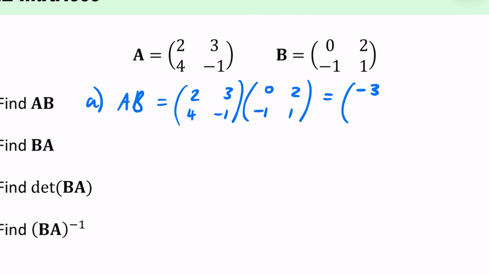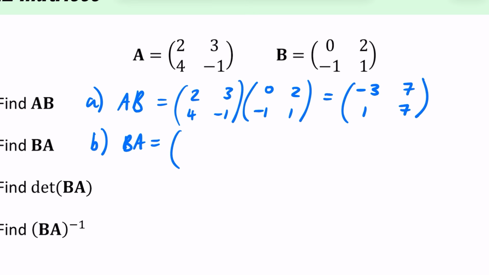The 2 times the 2 is a 4, the 3 times the 1 is a 3, and the 4 plus the 3 is a 7. Bottom left, I'll do the bottom and the left. 4 and the 0 is a 0, minus 1 and minus 1 multiplies to positive 1. And then bottom right, I'll be doing the bottom and the right. The 4 times the 2 is the 8, minus 1 and 1 is going to be minus 1, 8 minus 1 is 7. Now I'm going to demonstrate to you that if we do it the other way around, we